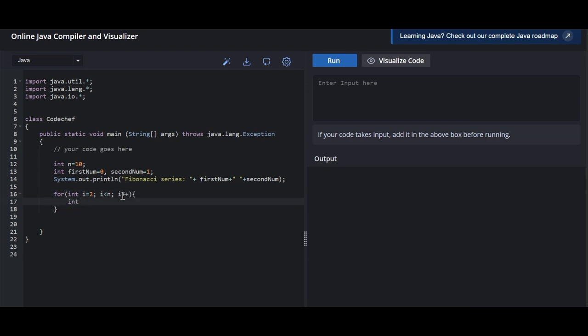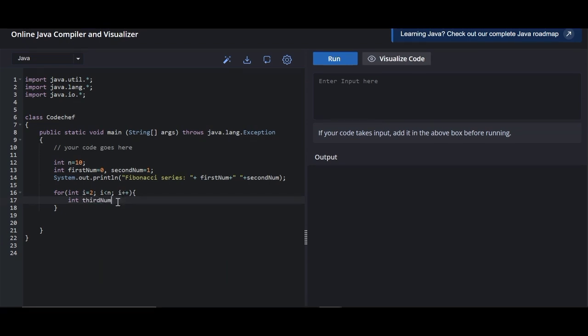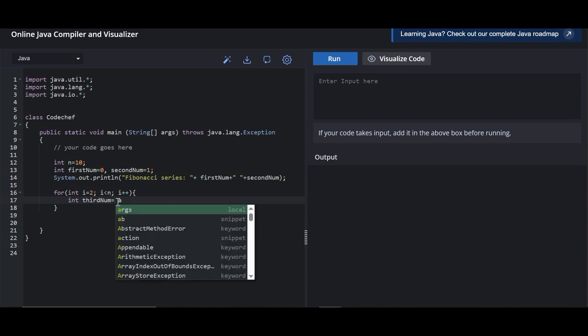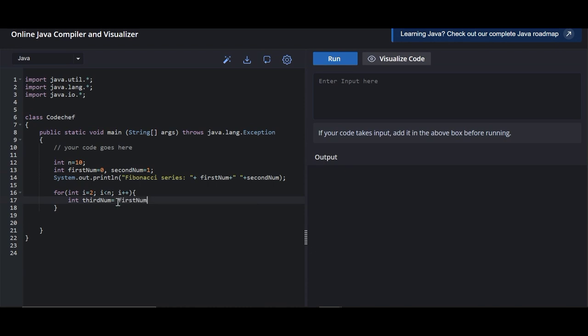Inside that, I am using a third number variable to store the next number. So first we need to add first num plus second num. It will give us the third number, and after that we'll simply print that third number.